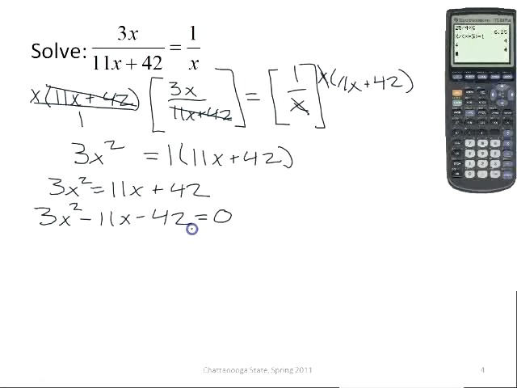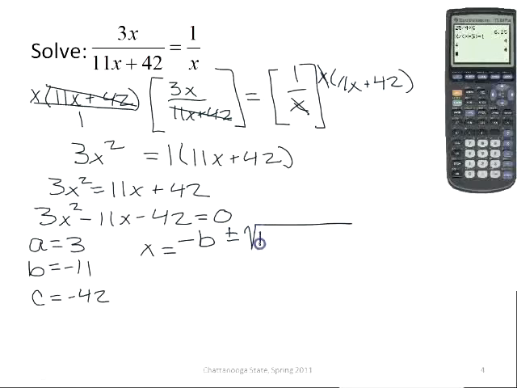I can solve this by factoring, or I can solve it using the quadratic formula. In this particular case, let me go ahead and do the quadratic formula. A is 3, B is negative 11, and C is negative 42. So x would equal the opposite of b plus or minus the square root of b squared minus 4ac all